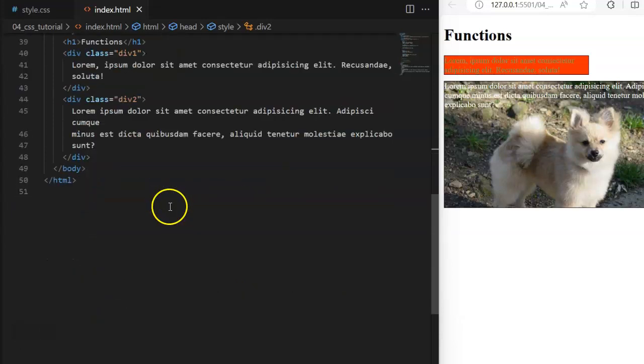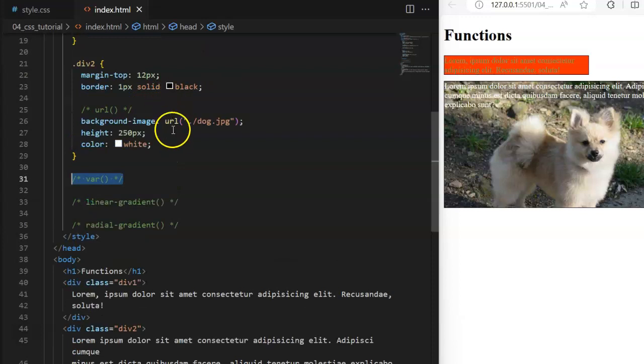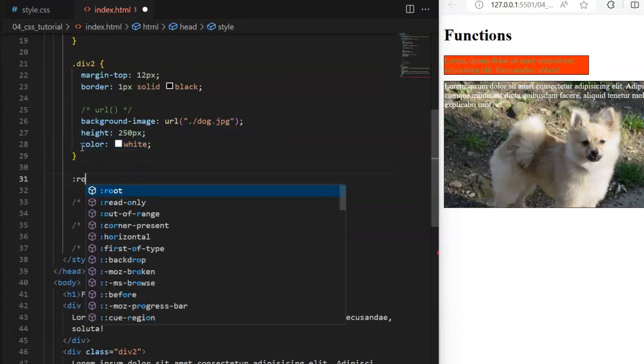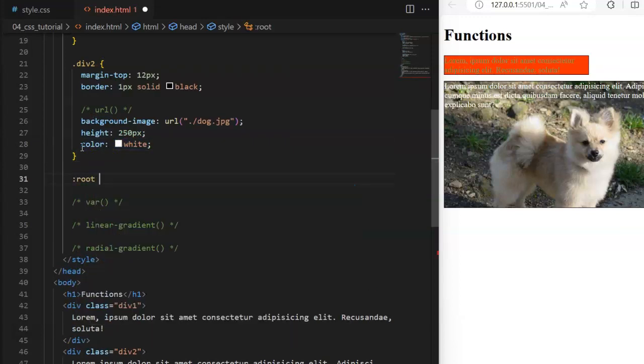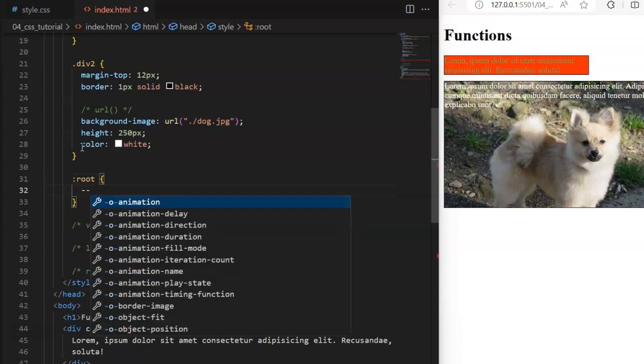Now we also have another function which is var. This is variable. We have looked at it earlier. So this variable, you should definitely define in the root tag. The variable should always be in the root tag. Please take note of that. So let's say you have, let us set font size. Let me call it primary,